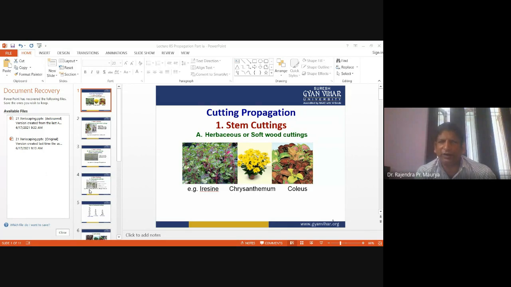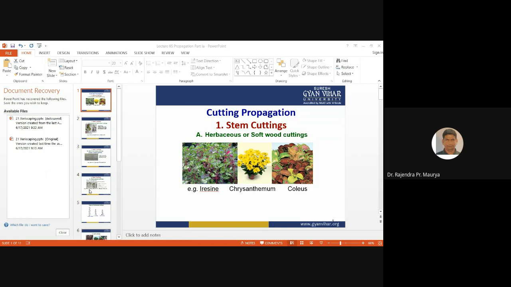So here you can ask me why. I mean, in herbaceous, softwood cuttings or semi hardwood cuttings, we keep the leaves or part of the leaves. Okay. But in case of the hardwood cuttings, no need to keep leaves on the cuttings. Reason, because